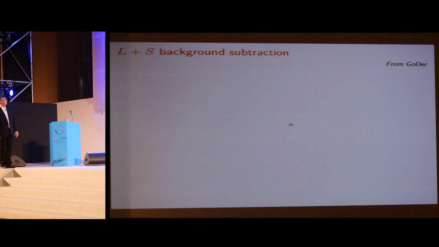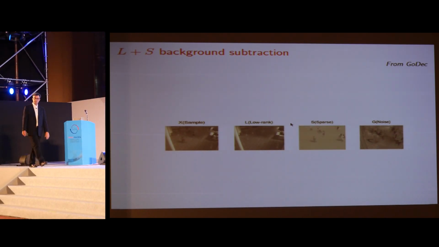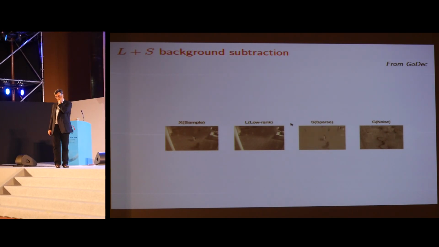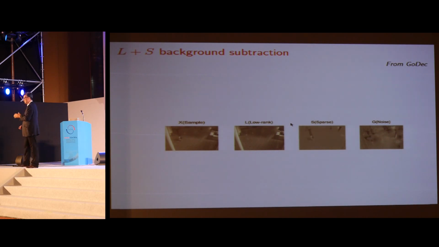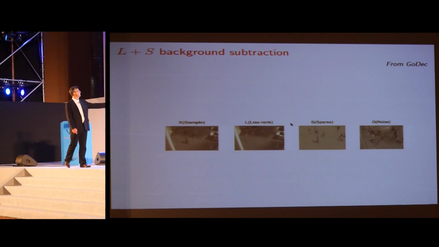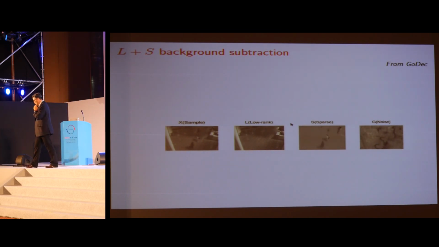Now when I take a video sequence, which is on the left, and I decompose it as a low-rank plus sparse component, well, the low-rank component is the stuff that is correlated, so it's going to be something that looks at background, and the sparse component is the foreground. And so just by performing this L plus S decomposition, you separate background from foreground, which is an important problem in computer vision. So you can look at the low-rank components. These are a video, so the columns are the low-rank component. You get background, and so you have automatic background from foreground separation, automatically.